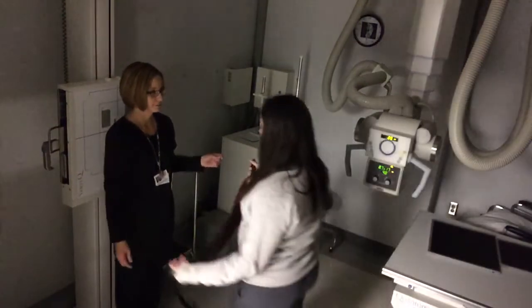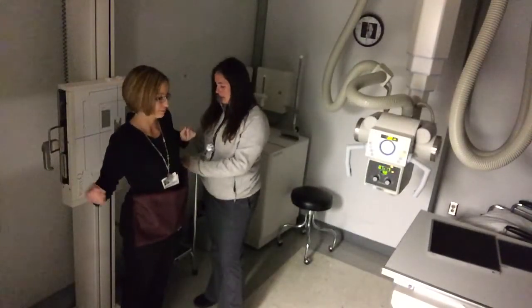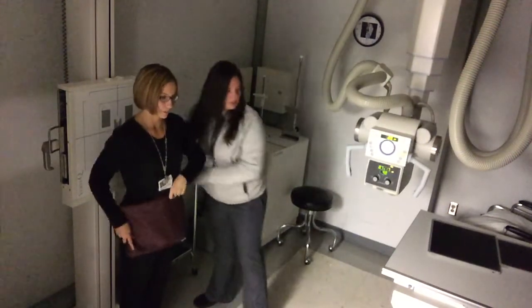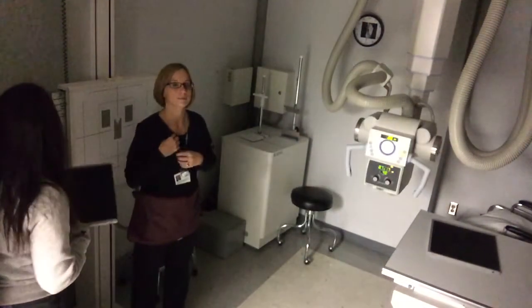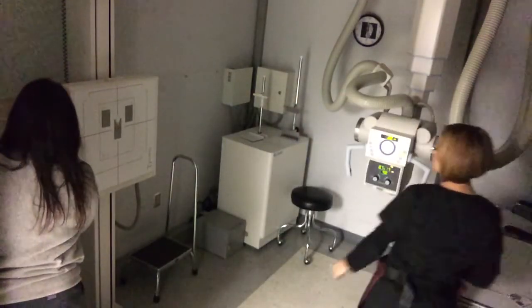So of course we're going to put a shield on her. And we'll be using a 10 by 12 IR for all 3 of these. I'm going to grab that and go ahead and stick it in the bucky, with the orange sticker facing down. You'll have to use your little lever here and put that in at the